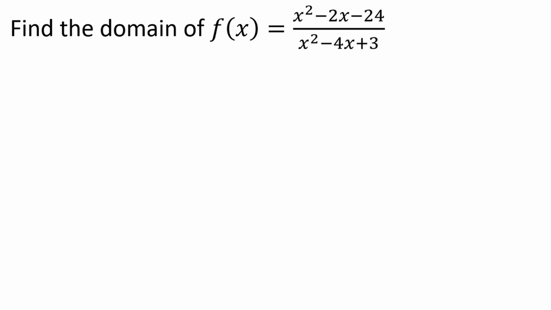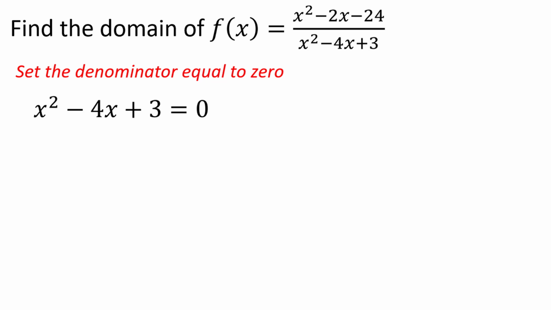Sometimes we need to factor the denominator to determine where the denominator is equal to 0. Take, for example, f of x is equal to x squared minus 2x minus 24 divided by x squared minus 4x plus 3, which we want to find the domain of. We don't really care about the numerator. All we care is that the denominator is not equal to 0, so we set x squared minus 4x plus